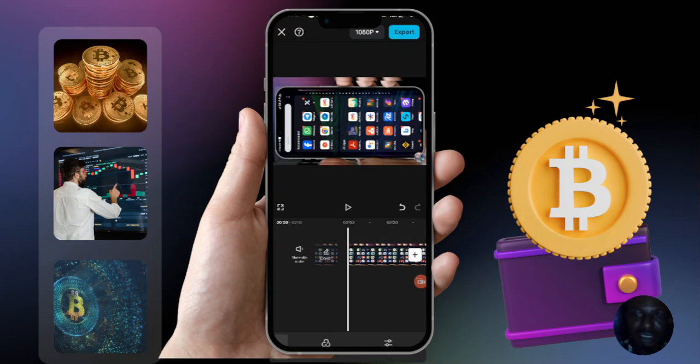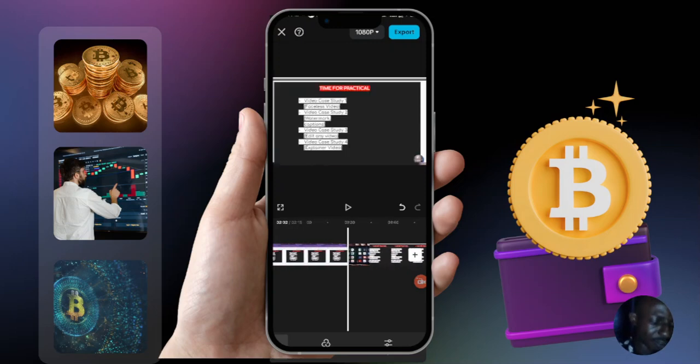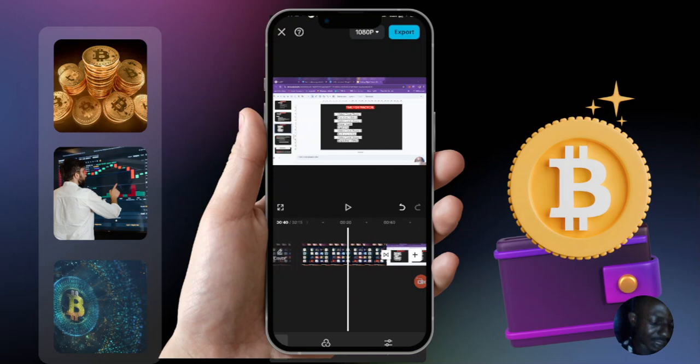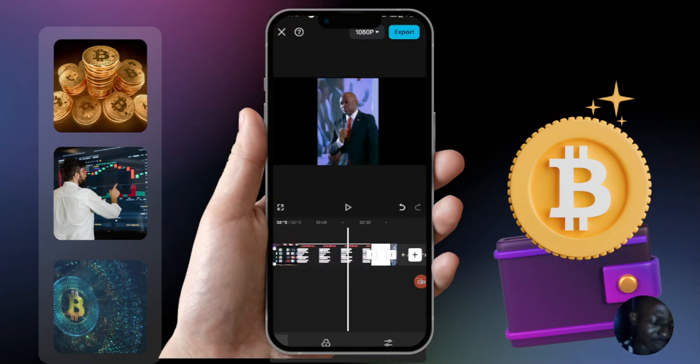Then the other thing is duplicate. Now, how do you duplicate something? For instance, this part, if I am okay with this part, I can decide to duplicate. Now, split applies to overlays and every other thing that you can overlay. Even audio, you can split an audio. The same thing applies. It's just a matter of clicking what you want to do, then clicking on split. That's all. Then, if I want to duplicate this page, or a particular background,